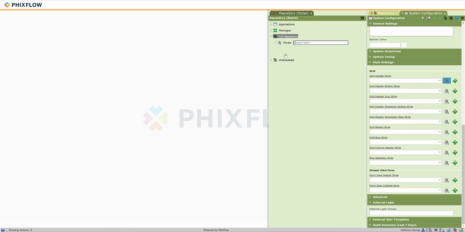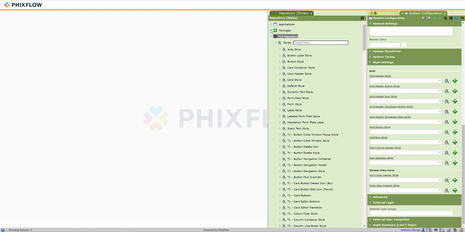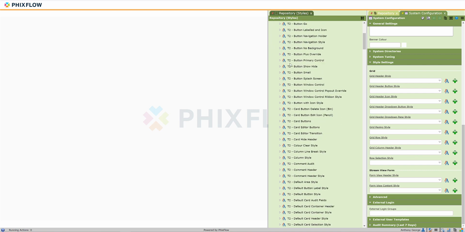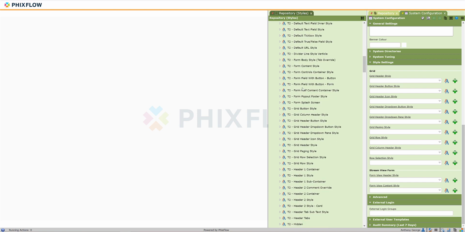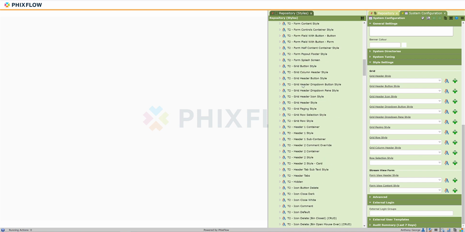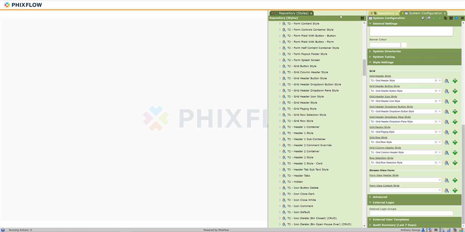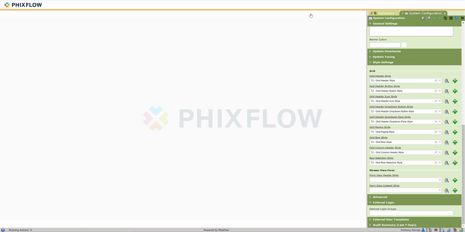Here I'll open up the styles, and under packages I'll expand Theme 2. Now if I scroll down, I'll find a whole section on grids, and then it's just a case of matching up the styles with the grid styles. With all my styles associated, I'll now save my changes, close my styles, and we're ready to get started using